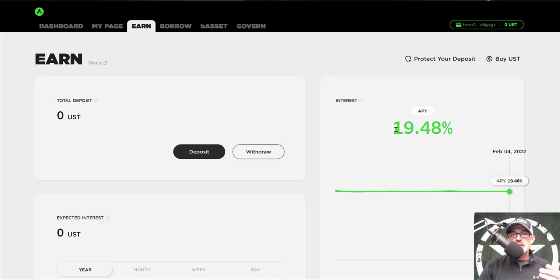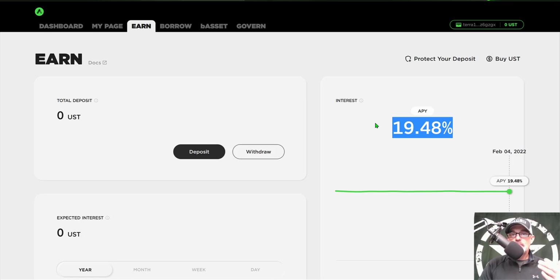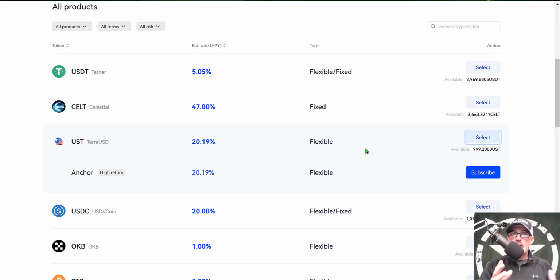What's interesting is the yield is currently lower over here on Anchor than it's showing over here on OKX. But since it is a yield, this rate can fluctuate, so in reality you might actually be earning what is shown over here on the Anchor platform. But today, since I already hold some TerraUSD or UST over here on OKX, I am actually going to stake